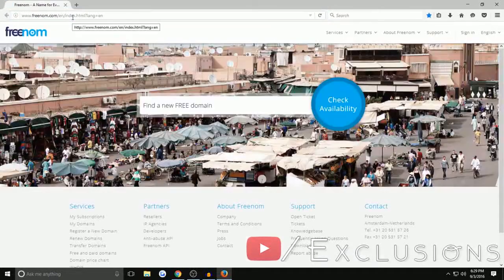Once you are on the Freenom website, you will see a dialog box right in the center of your screen, and what you're going to want to do is type in the domain name that you want. You do not have to have a dot anything at the end of it, just type in the name. Once you continue to the next page, you will see that you have 5 options between domain names,